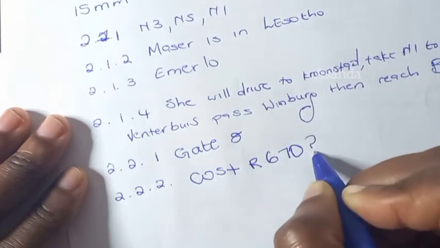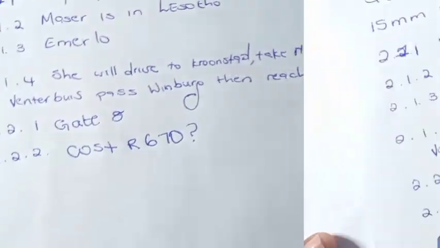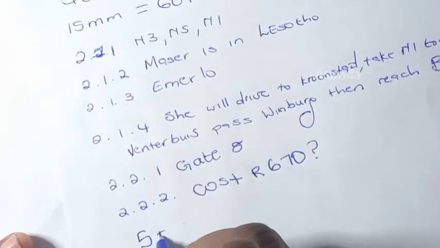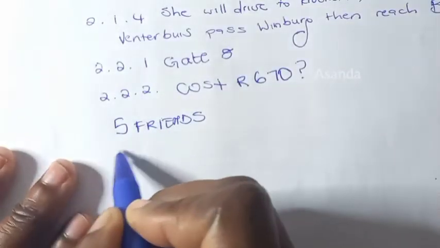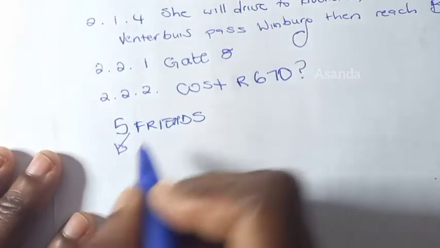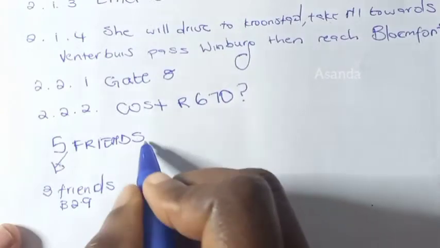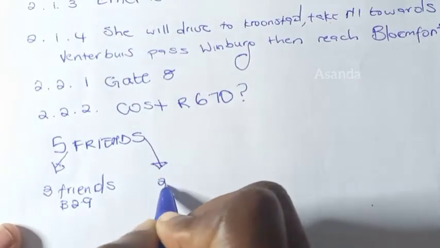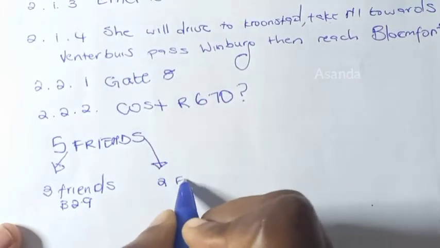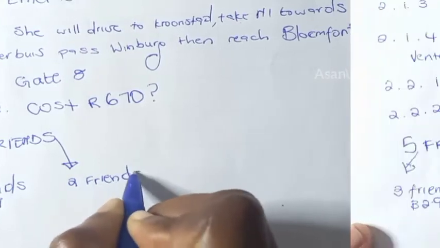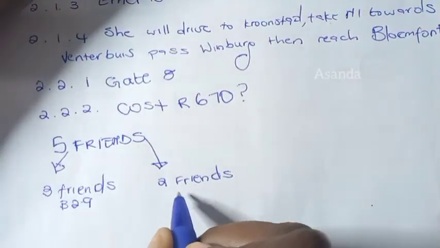This is what we need to verify, right? So there are 3 friends seated at B block, and 2 friends are seated at